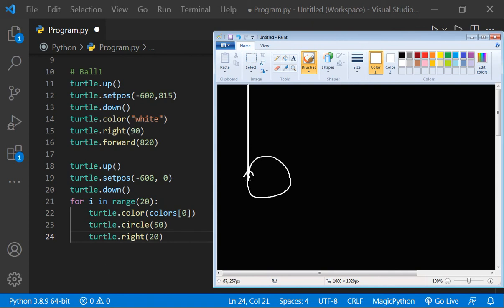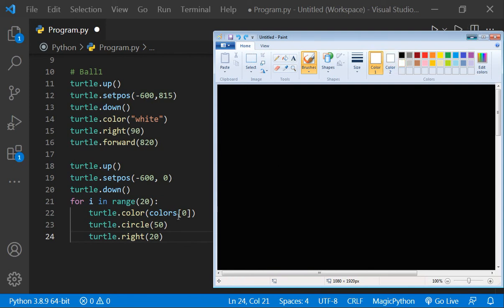So it will face towards here, means it will move towards right by 20 degrees. So it will be like this, and then again 20 degrees, something like this, and this will make a decoration ball. Okay, so it's just messed up, so let me clear it.